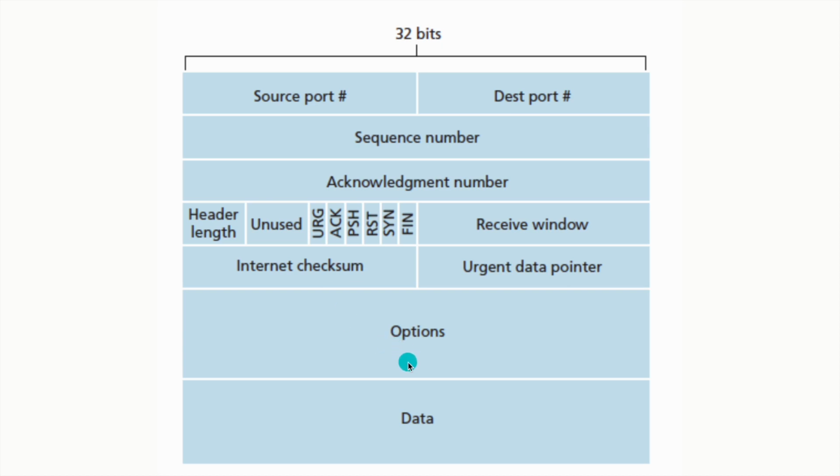So this one is the options field, which refers to additional fields in the packet header that are used to provide extended functionality beyond what is defined in the protocol's specification. It can be used to negotiate various features such as maximum segment size, selective acknowledgement, and window scaling. And the last one is the data, which is the payload of the packet that is carried between the source and the destination host. The response from the server would then contain the requested page in the data portion of the segment